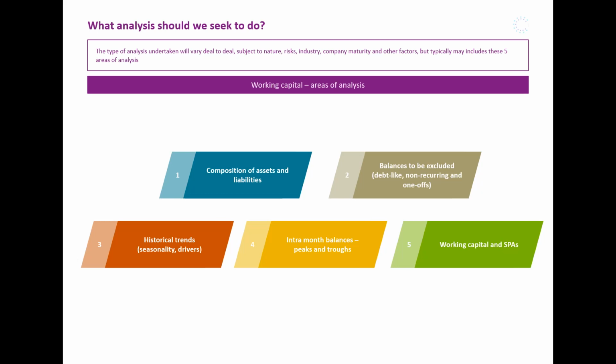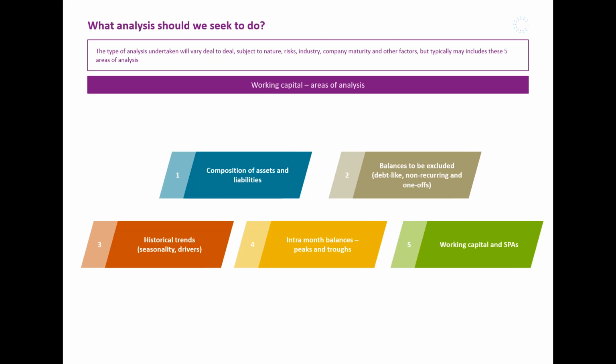There are typically 5 areas that we would look at in terms of analysis of working capital. The first one is composition of assets and liabilities. So really looking at the balance sheet and understanding where everything sits from a perspective of assets and liabilities, making sure the balance sheet is complete and really understanding every item on it. And that includes an allocation between, as we went through in the net debt video, allocating items on